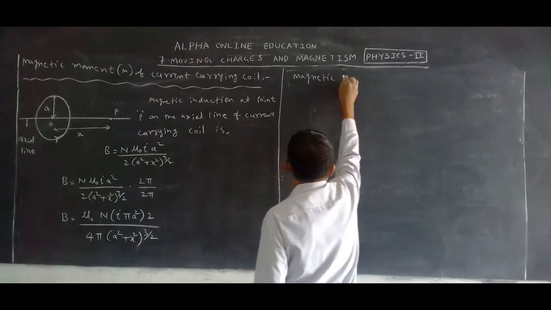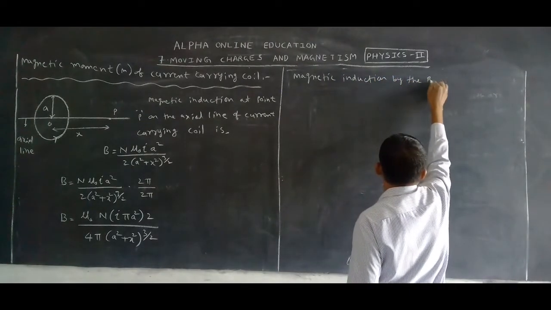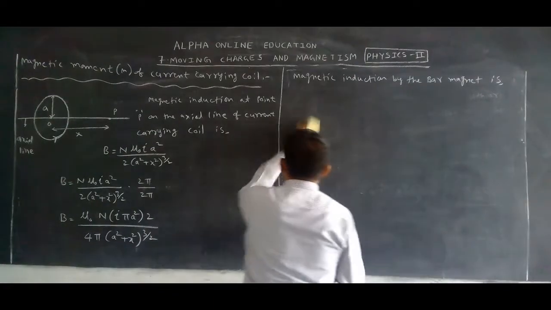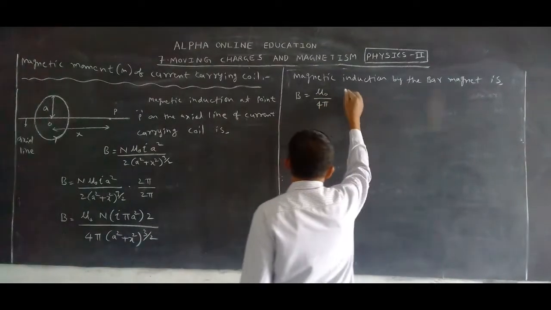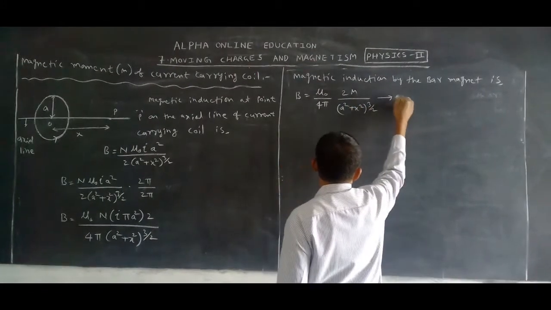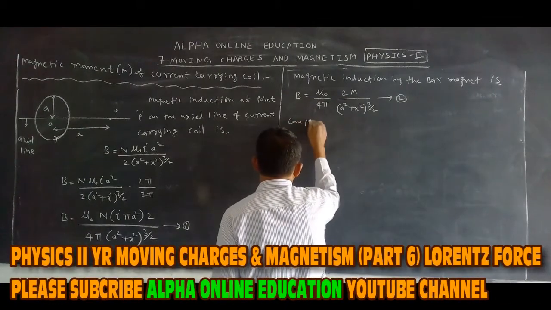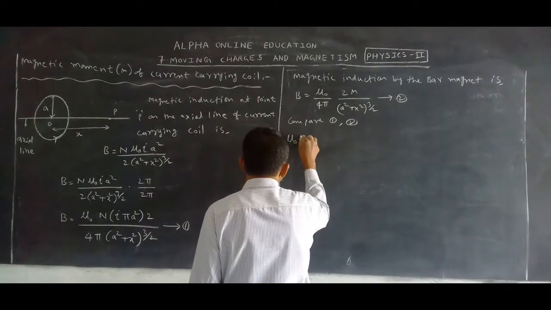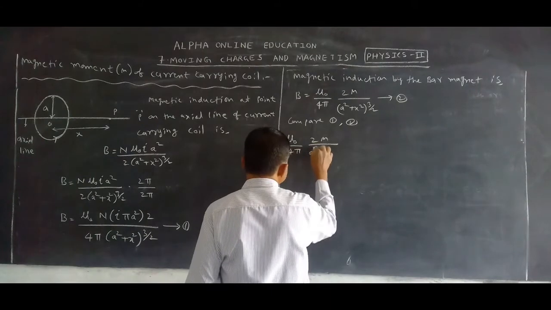The magnetic induction by the Bohr magnet is B = mu 0 by 4 pi, 2m by ... Compare 1 and 2. So mu 0 n, otherwise mu 0 by 4 pi, 2m by A square plus